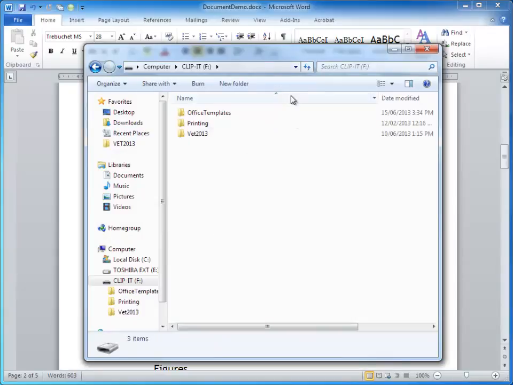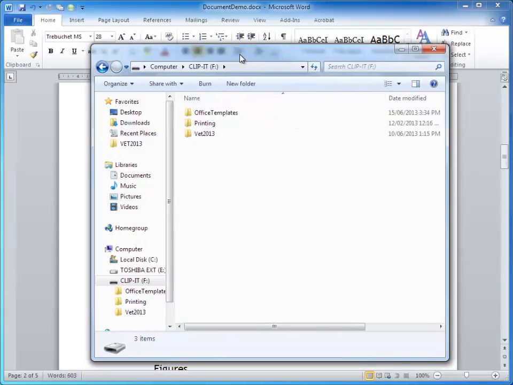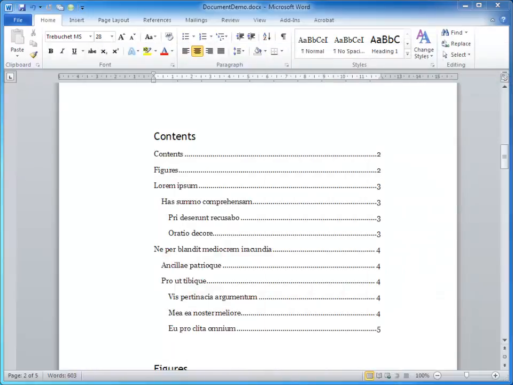Alright, we are not finished yet, because what we have to do now is make Word point to that particular template. So every time we go onto a computer, we have to go into the Word program, the settings, and make sure we set our templates to that particular folder. To do that, we go to File,